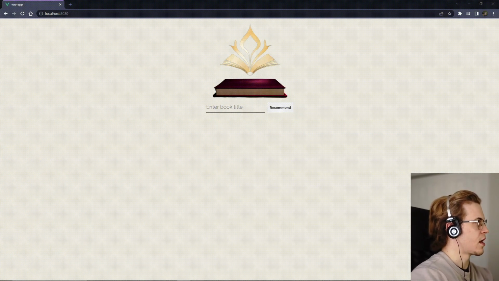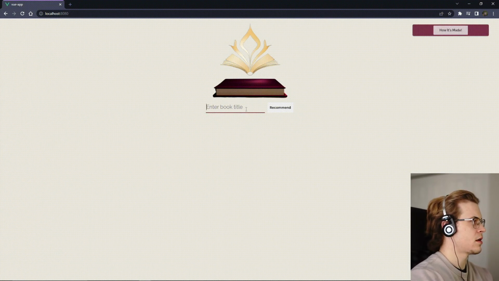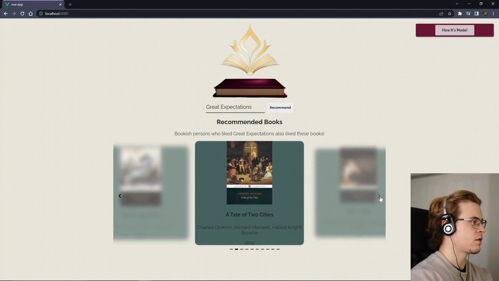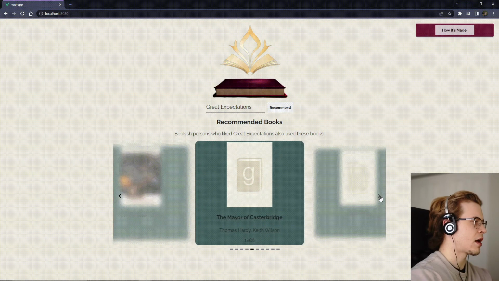This is just a quick example of the app that I made. You type in a book title here, and you should get 10 recommendations back. This was built using Vue.js for the front end and Flask as the back end to host